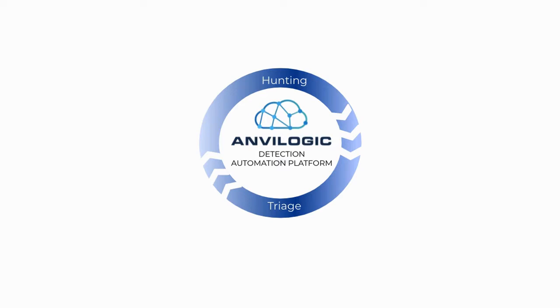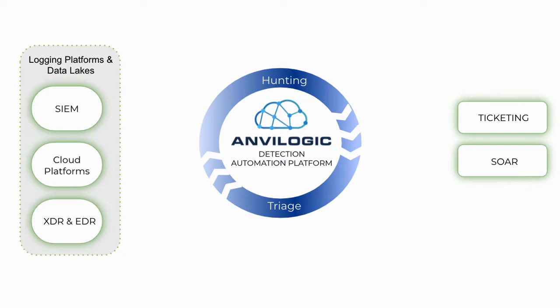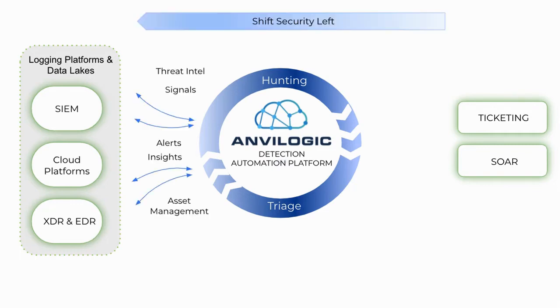The Anvil Logic Detection Automation platform sits in the middle of all of this to eliminate the chaos by bringing together your existing data platforms, data lakes, cloud platforms, and your security operations silos like your SIEMs, your XDRs and EDRs, and your downstream silos like ticketing and SOAR. All of these silos generate a massive amount of noise from the signals and threat intel, alerts, and the rest of the noise. The platform ingests and normalizes all of this so you don't miss a thing because of over-tuning or simply because you're not a human correlation engine.